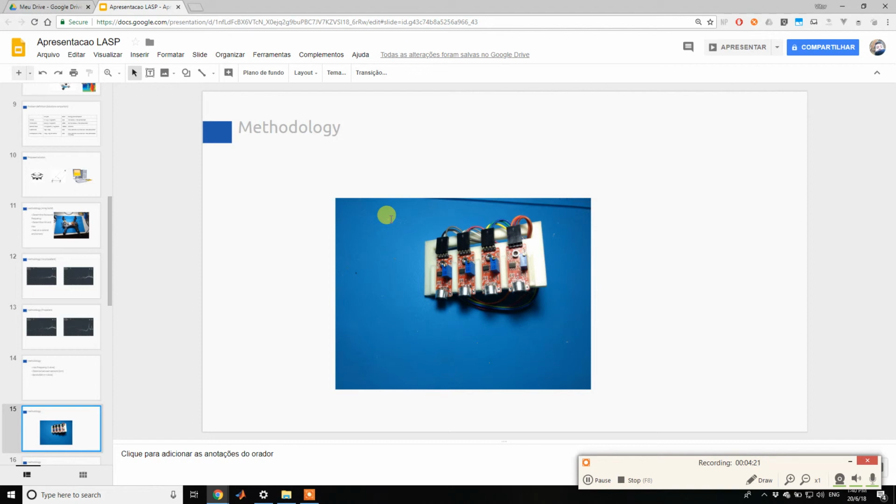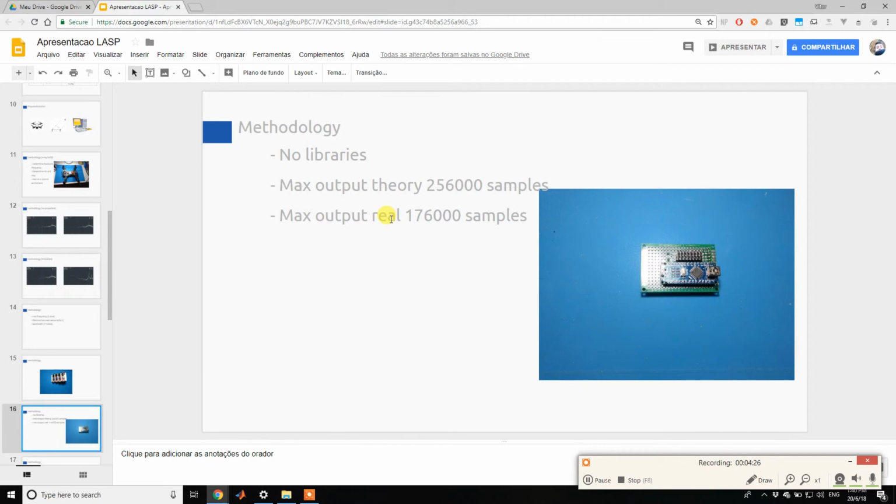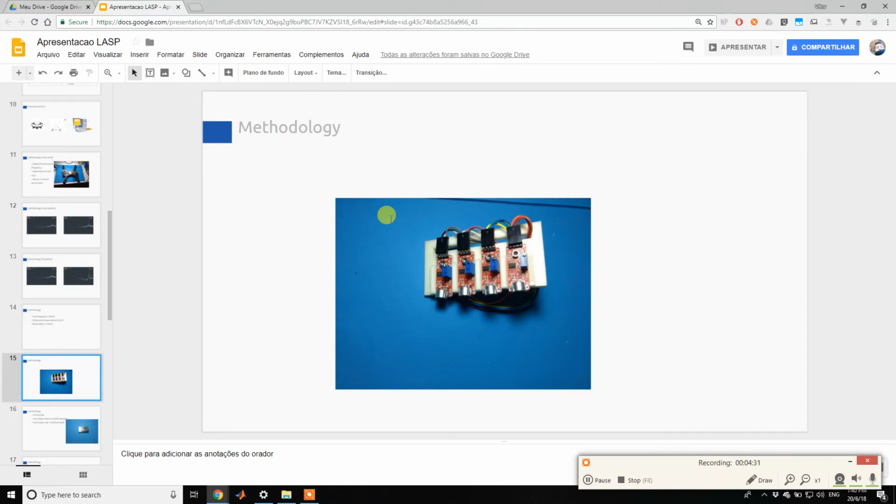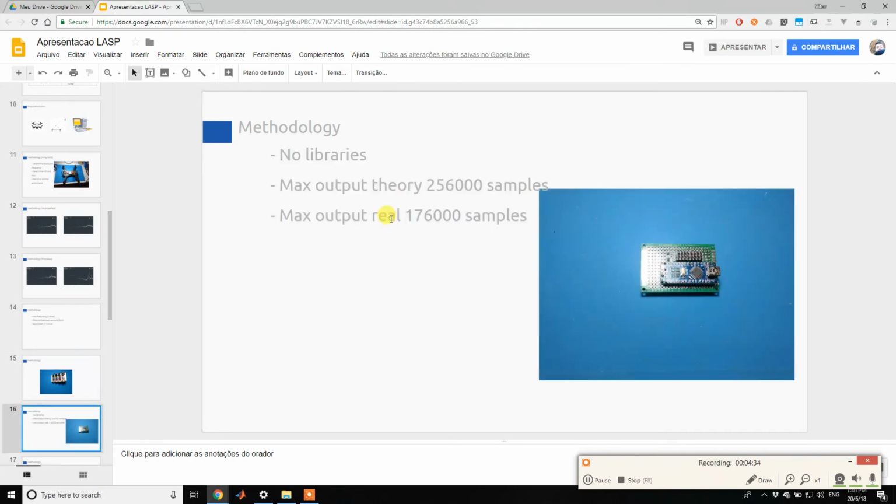That's the finished product. To build this array, just the array. After that, we use a board to capture the signal emitted by these sensors. The board is just an Arduino Mega, Arduino Nano. So in theory, you can capture about 2,500,000 samples per second. In the real world, you just